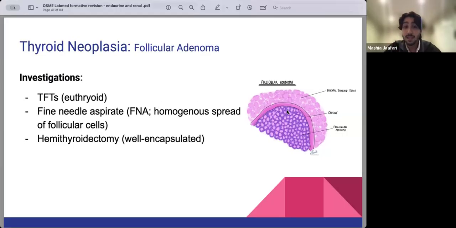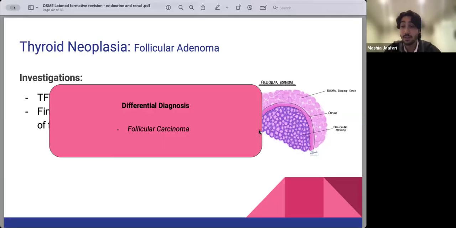The investigations for cancer are usually euthyroid. So again, the thyroid cancers don't usually secrete thyroid hormone. And the way we investigate, we do what's called a fine needle aspiration. So we put a needle into the nodule and we take out some of the cells and we look at them on a slide. And in this case, you're going to see a homogeneous spread of these follicular cells. And in terms of treatment, what we can do is a hemithyroidectomy. And you might think, oh, well, if it's benign, why would you do that? And we'll talk about why we do it in one second when we talk about the differential diagnosis, which is